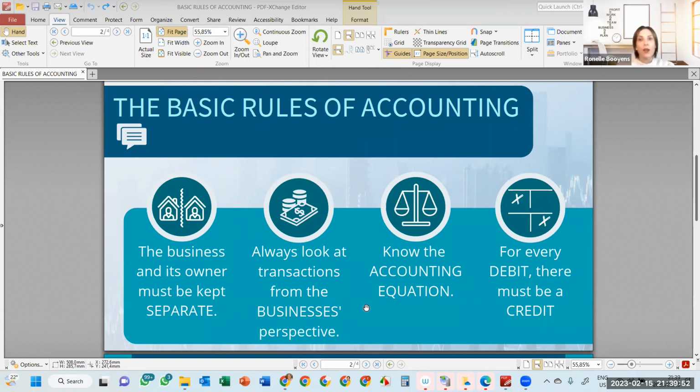We are the business. So if I talk in any of my recordings or videos about we or us, then we are the business. So whenever we as the bookkeepers need to record the transactions for a specific business, we look at it as a specific transaction, and when we read that transaction, we need to look at it from the business's perspective. So what does that transaction mean for this business? Not for the owner, not for the clients, not for a supplier. What does it mean and what effect does it have on this specific business?